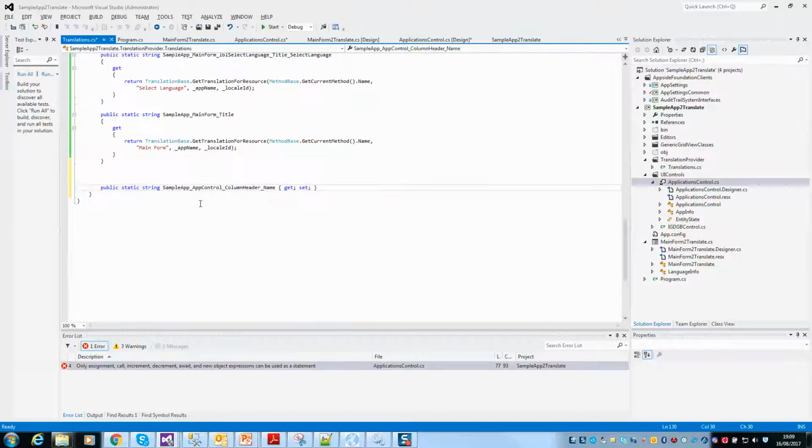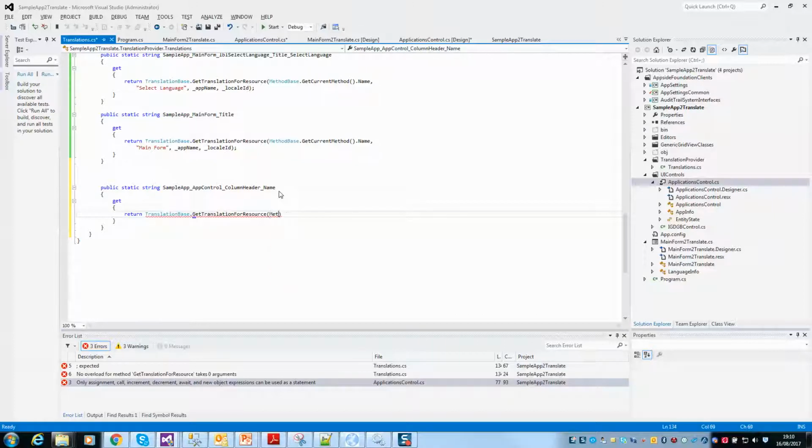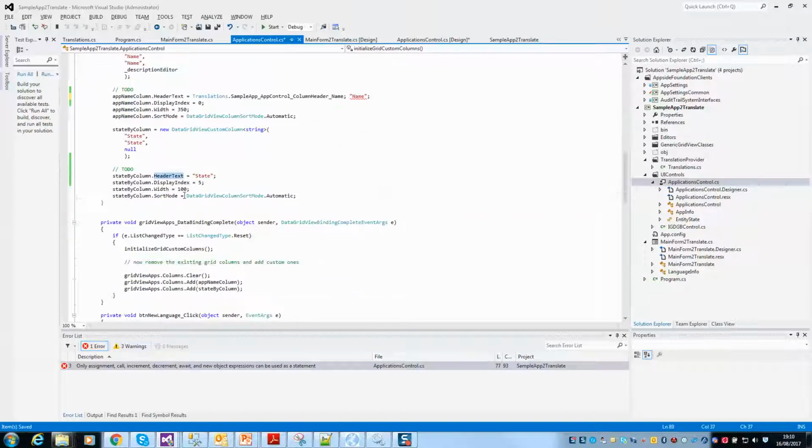property we can do the same thing. We can have its getter to return what we need in here. So it will go translation base dot get translation for resource, and for resource method base dot get current method dot name, and then default, if it doesn't get anything, just return the name. Okay, so we can do for this one, then we have this column, we can make a property for this